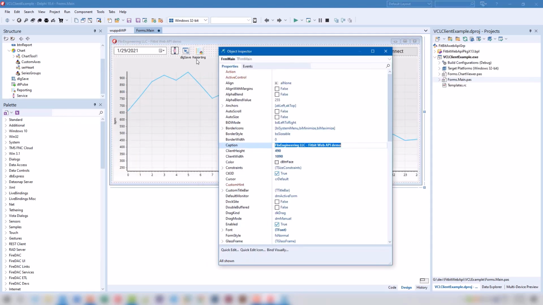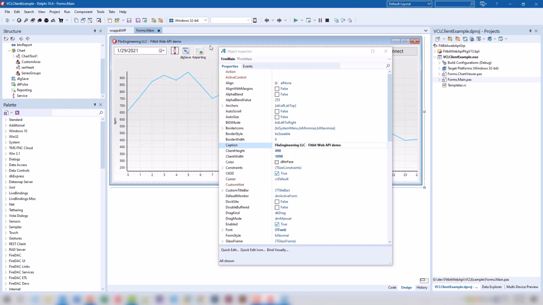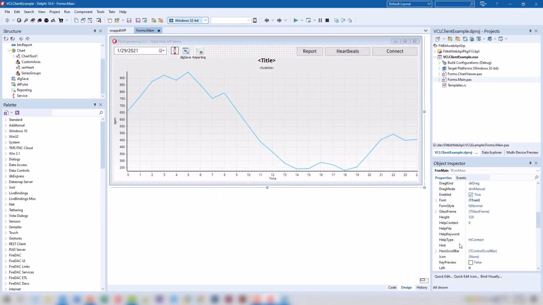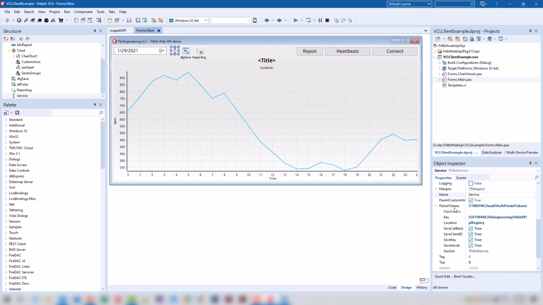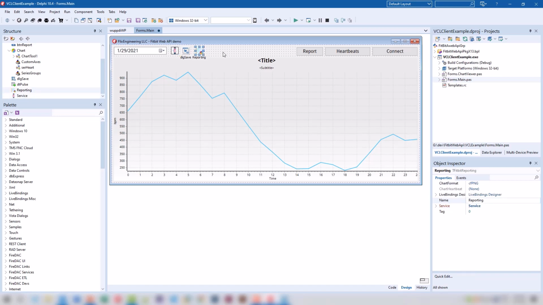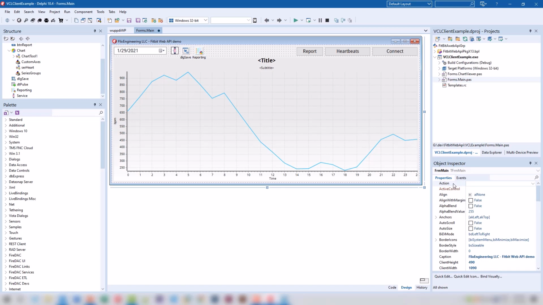Going back to Delphi, we have to insert the calls in order to make the persistence happen. So just setting the persistent property on the control right here, just setting persist tokens is not enough. You have to do more. You have to call a method to load the information when the application starts. And of course, you also have to call a method to store the information before the application is shut down. And the best place to do this is, of course, in the events of the main form.